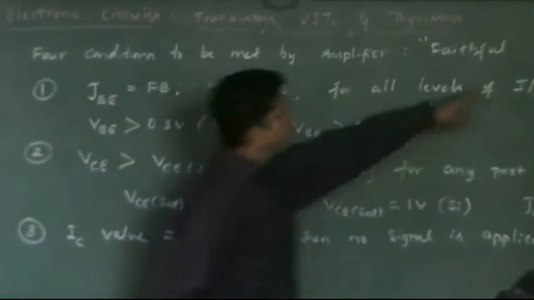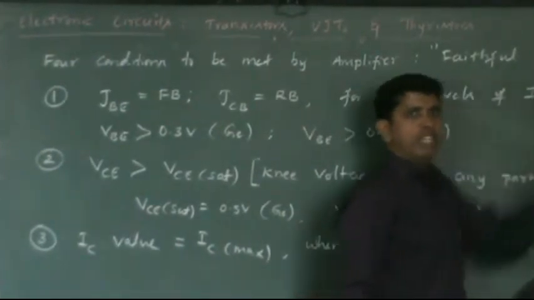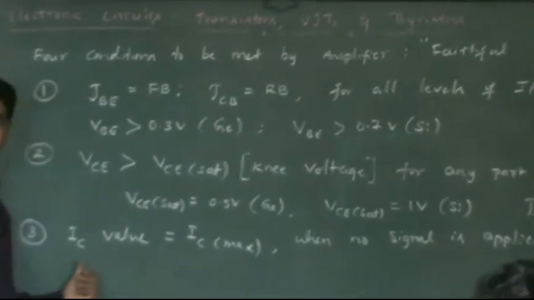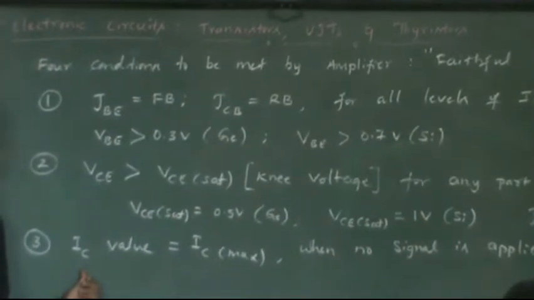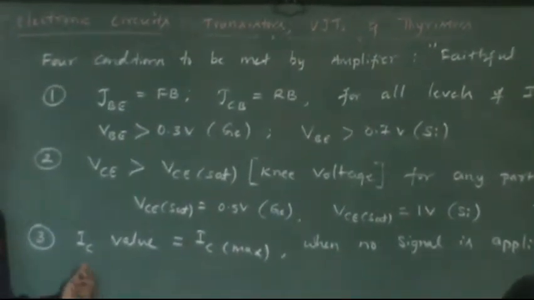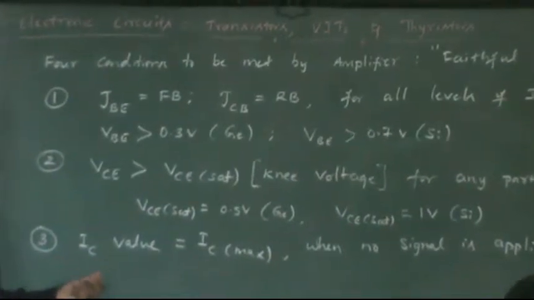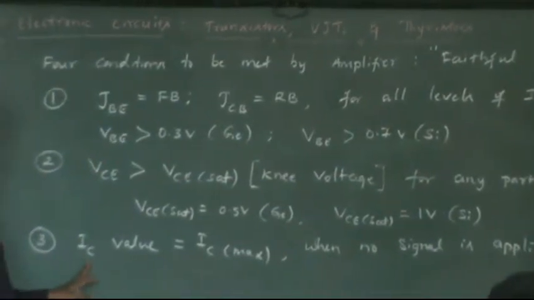Because you are applying this kind of sine wave signal to the BJT. When you don't apply anything, when the input signal is 0, your IC value, IC means the current going in the output, collector current. Normally output current in BJT is collector current. Input current is base current or emitter current. That's going to be input current. If you look at the BJT in common emitter mode, base current itself is input. So IC value is going to be the output current.